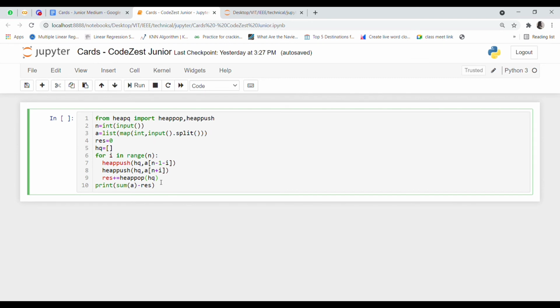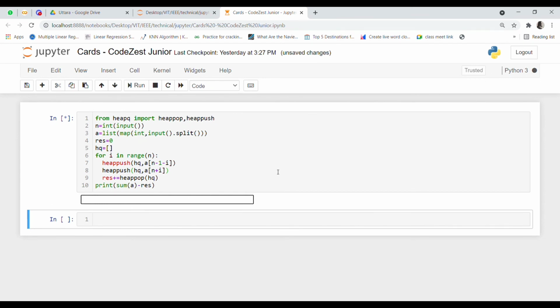So to get the maximum sum of cards that Tennessee has towards the end, which is our expected output, we will be summing up all the values of the list that we have initially, that is the variable a, so sum of a, and we will be subtracting from it the total that Bill has towards the end, ultimately giving us the total value of the sum of cards that Tennessee has towards the end. So let us try and run this code.